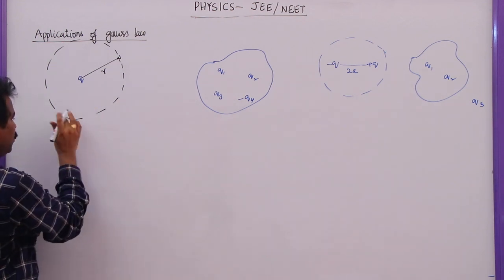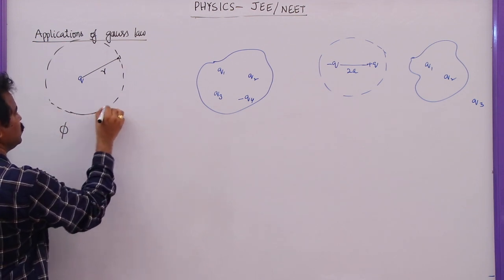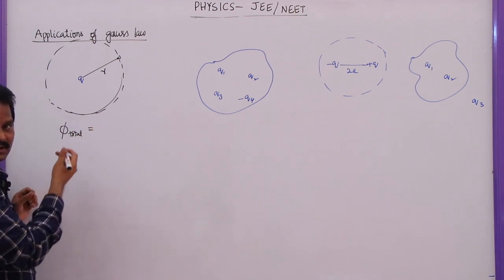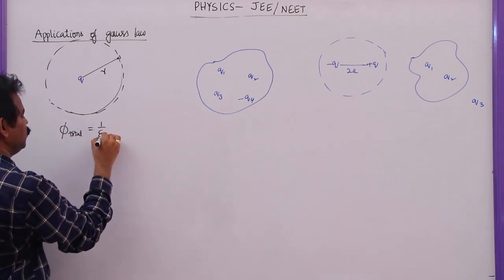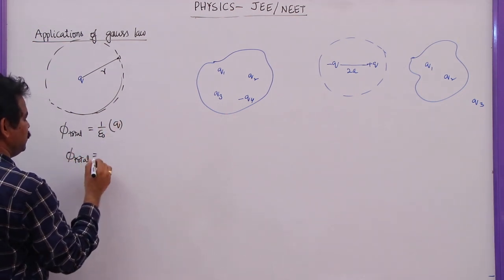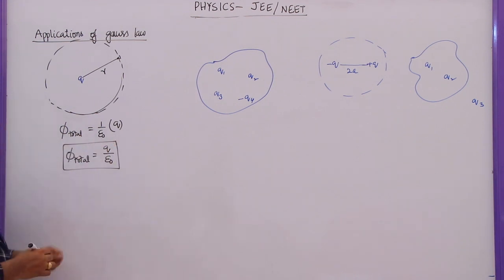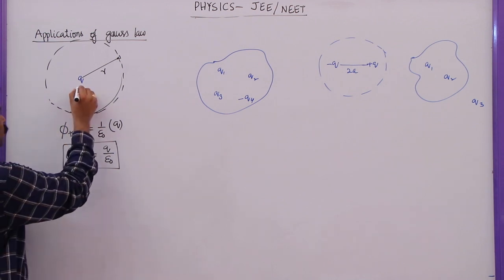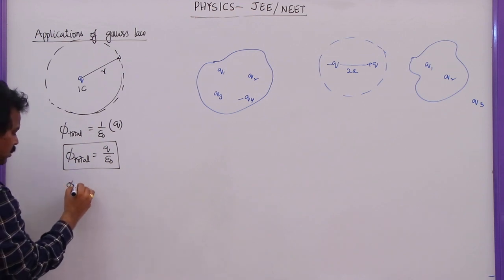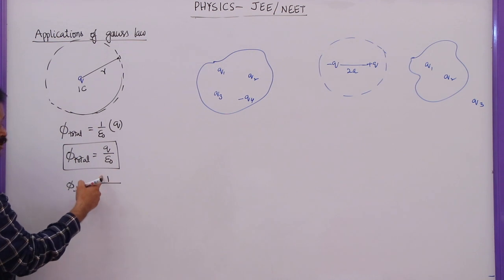Now, according to that formula, we can write the flux through this entire closed surface, that is the spherical Gaussian surface, is equal to 1 by epsilon naught times q. So directly you can write phi total is equal to q by epsilon naught. Now suppose this charge is equal to 1 coulomb. What is the flux through this closed Gaussian surface? The flux is given by 1 by, because the charge enclosed is 1 coulomb here,